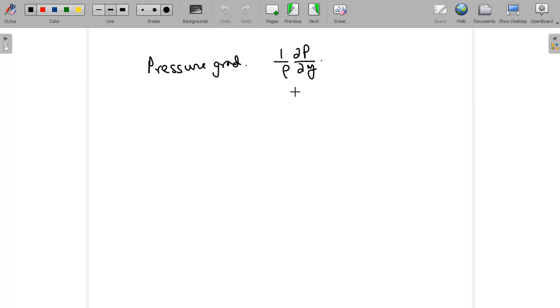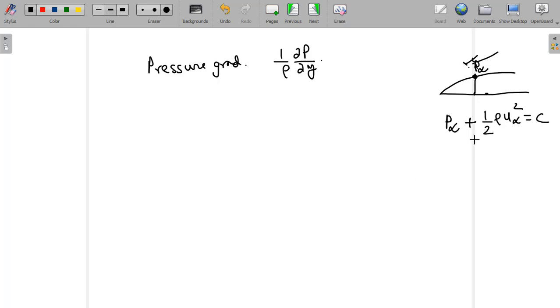1 by rho del P del Y. You know that this P, the maximum value of P, if you consider a flat plate and fluid is flowing, the maximum value of pressure is say P infinity, which is acting at the edge. Okay, the P infinity, the free stream pressure, and that P infinity you can write with the velocity relationship, because outside the boundary layer this region is inviscid, so you can apply Bernoulli's equation, P infinity plus half rho u infinity square is equal to constant.